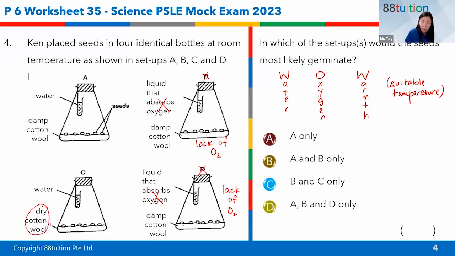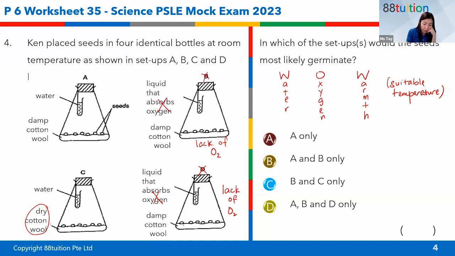This is dry cotton wool. Now, Alex, I know what you mean. You're thinking that, hey, then C is possible as well, right? I know what you're talking about, but we are not going to assume that this particular water will evaporate. Thank you, Nikki. So be very careful. We are not going to assume that the water is going to evaporate and then drip down to the cotton wool, etc. So comparing A and C, the best answer is just A.